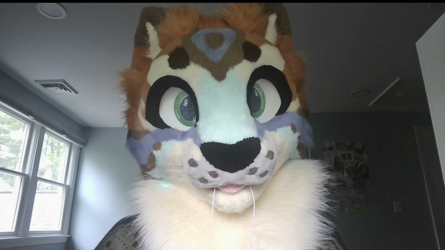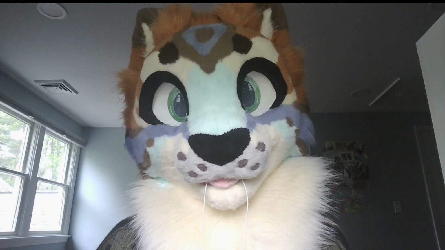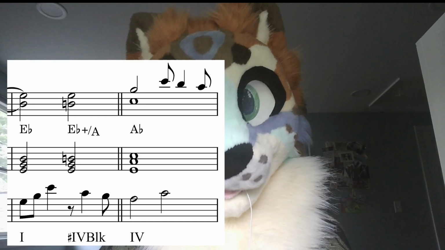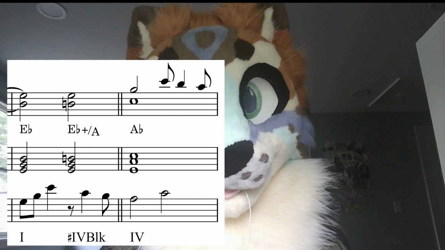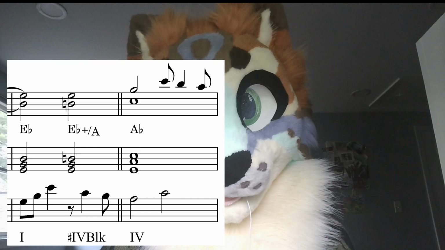So I wrote the song using both the anime canon and the Royal Road progression, two very popular chord progressions in Japan. But the Blackadder chord appears many times in the song as well. The first and second time it's used as a transition to the 4 chord to start the Royal Road progression. The E flat augmented chord resolves up to the A flat triad, and the A bass note resolves down to the A flat as well.